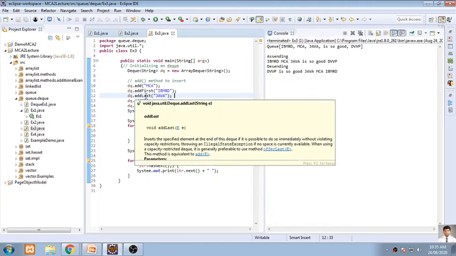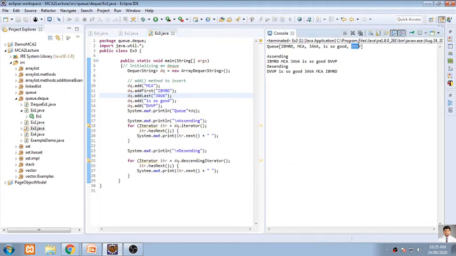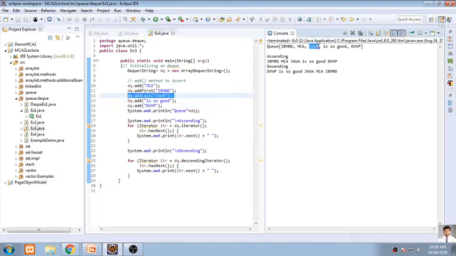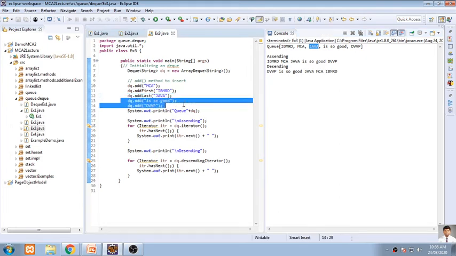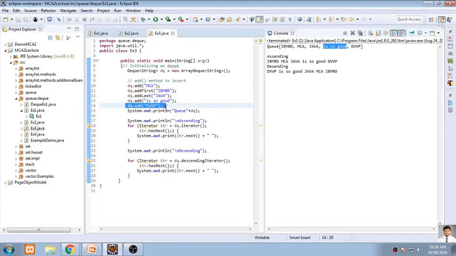Add first and add last apply at the current position whenever they are executed. So if I am adding DVP, it is not added at the last, because I have executed this first, and then after that I have executed this part. So that's why Java has the third location. After executing this line, I have added this one, so it is again the fourth element, and this is DVP.